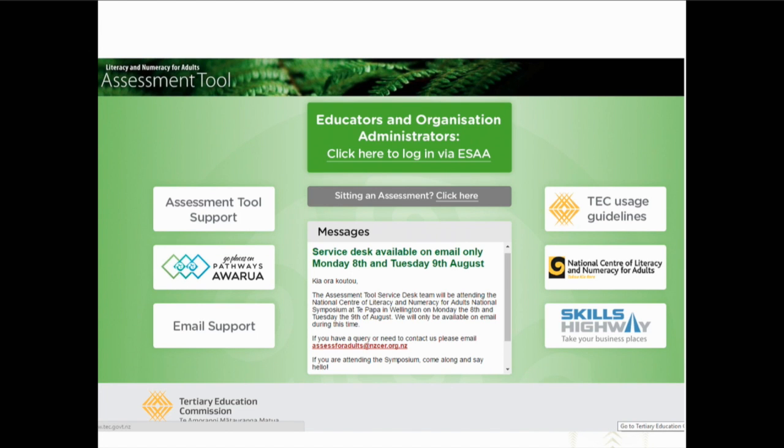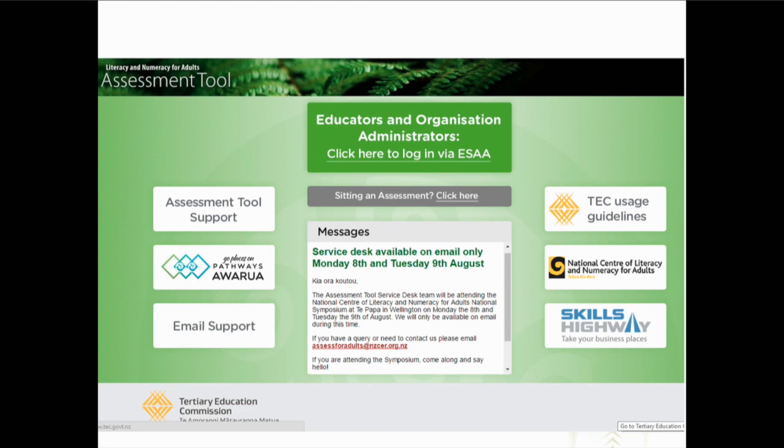But I guess the final piece that we just rolled out over the weekend is 2 new dedicated pages. The one we've got here now separates out access for educators and organisation administrators. We realised that we had all these home pages for our learners, but if we kept on sending them through this hybrid page where you've got your admin and your educator and then your learner, it kind of weakens that effect.